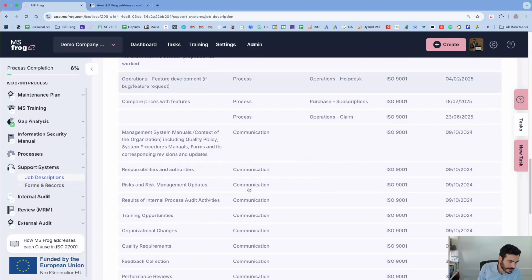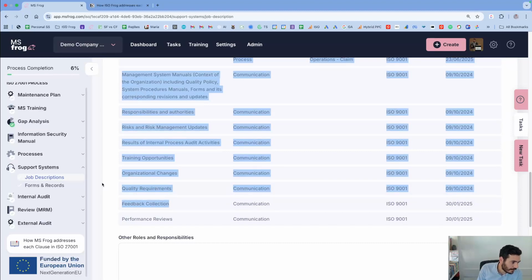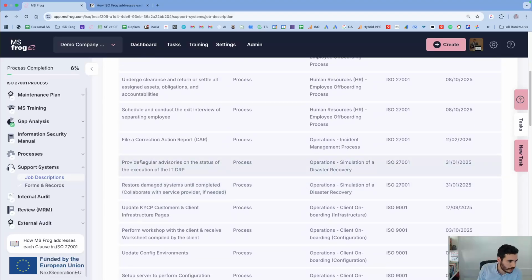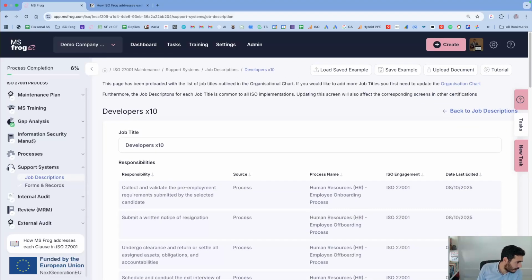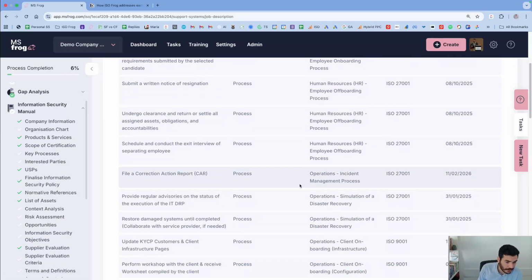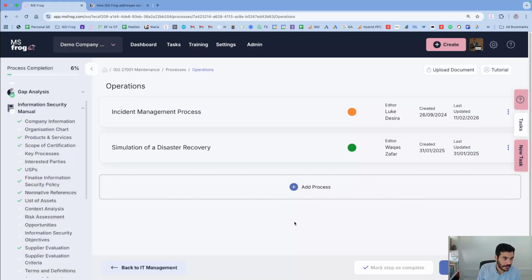So if in the developers section job description, we're seeing that they are responsible, for example, for feedback collection, or for quality reviews, or let's take something that is more relevant to ISO 27001. So there isn't in the communication, which is not a problem. Actually, it's included within the process, for example. So in terms of the incident management, they have to, as we can see here, file a corrective action report, which is coming from this specific process.